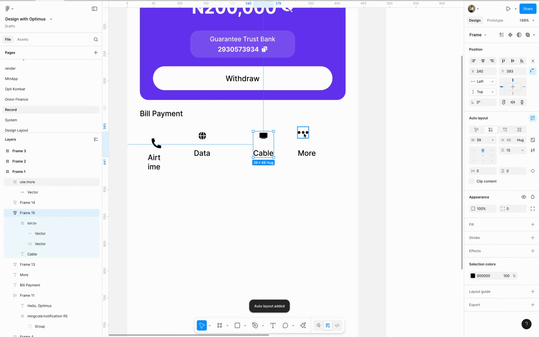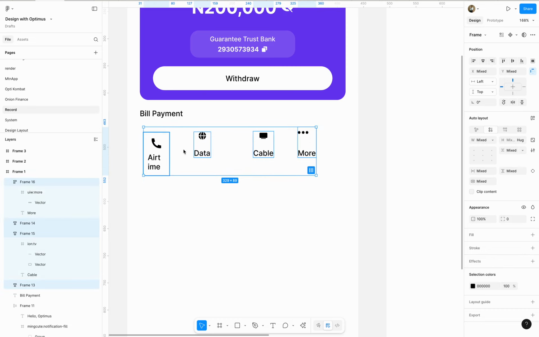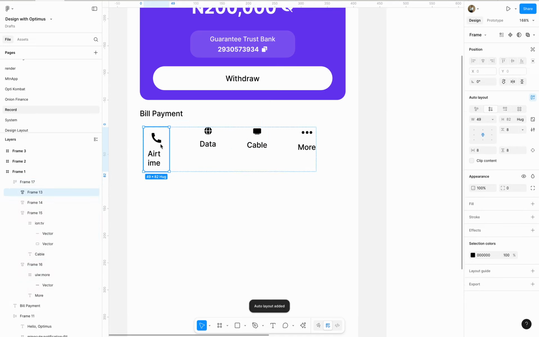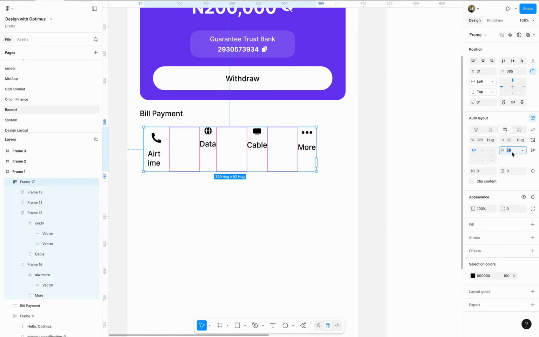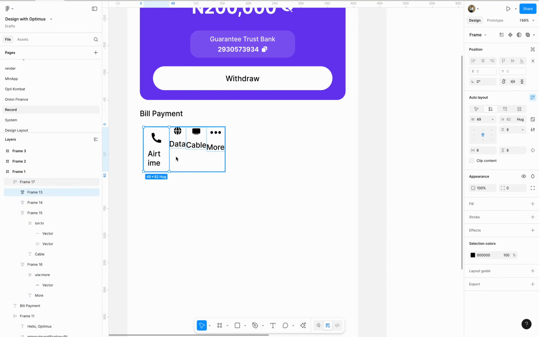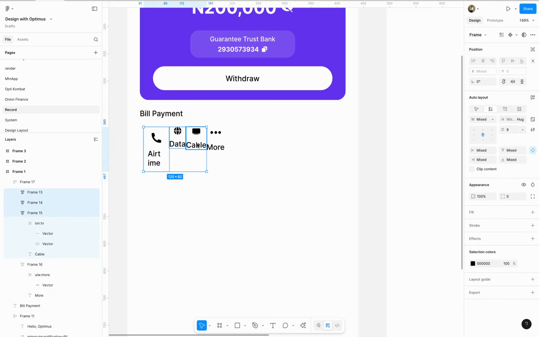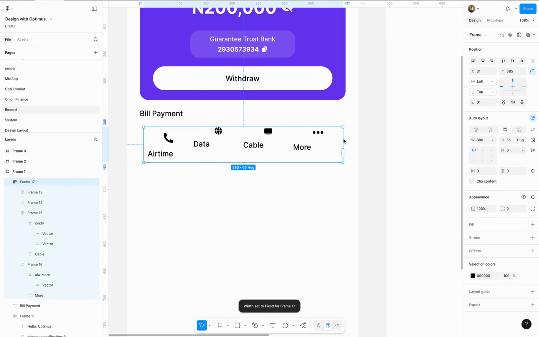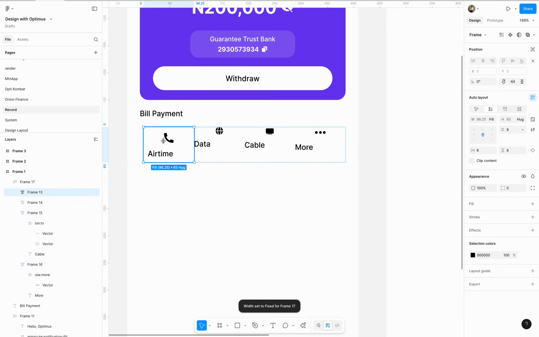Apply auto layout to all of this, make sure that they are all in the center, and then maybe 8. Yeah, then if you have all of it together, what you're gonna get is, I have 0, then I want to put all of it on fill, right? So when you drag it all the way down, they all have their